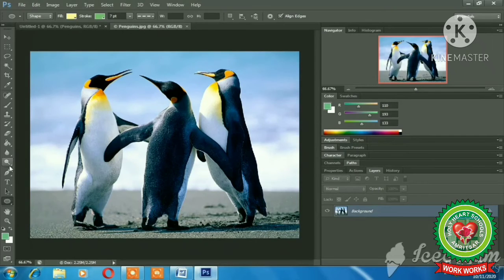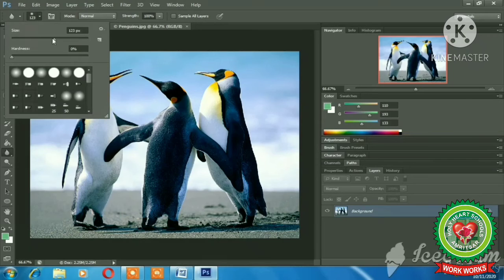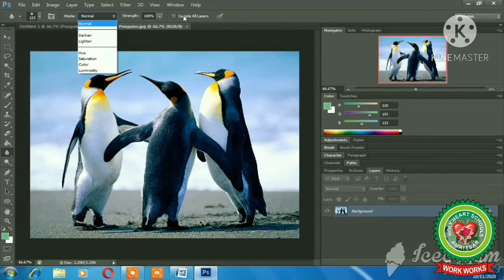Now students, here we are having Blur tool. Click on the Blur tool. When we click on the Blur tool, we are having different options in the option bar, like the size of the brush, mode, strength, which means how much blurry effect, and hardness we want.